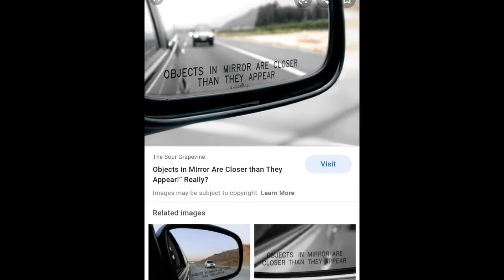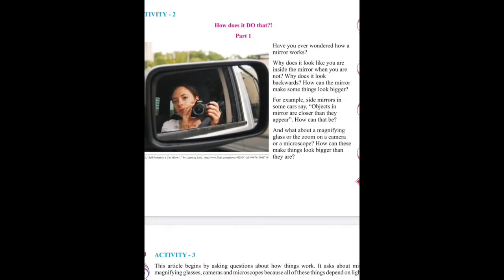So this type of message is written on the mirrors, but why do you think it looks like that? And what is the reason by which you can see your exact image in the mirror? What is the exact phenomenon going on to show your exact figure, exact face, exact body, as it is outside the mirror and inside the mirror? So it requires a scientific phenomenon. We have seen that we are able to see anything only when light is hitting a surface.